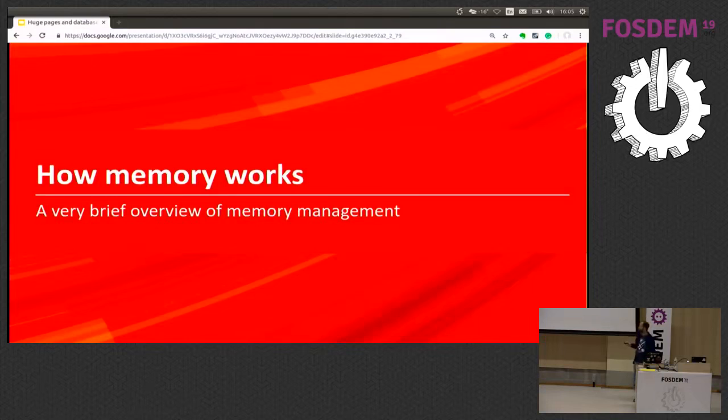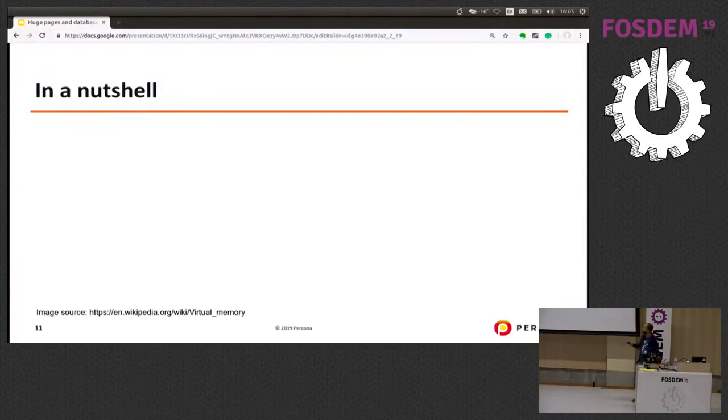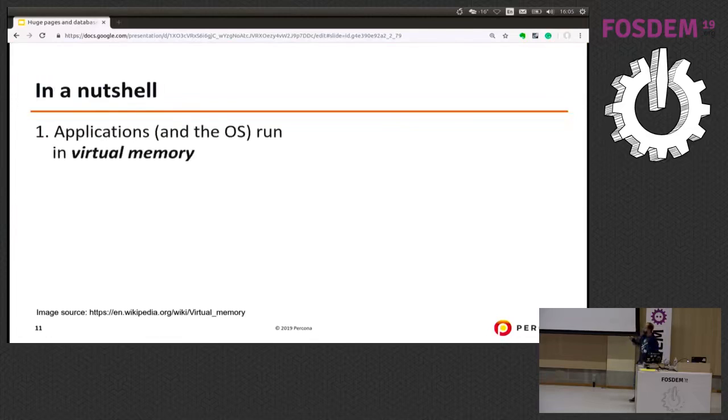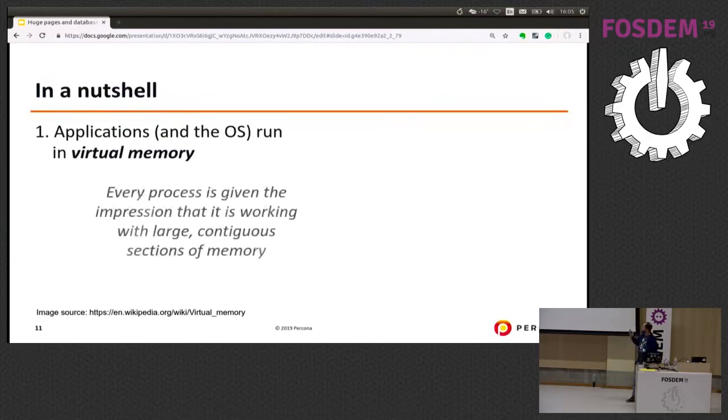Well, having in mind this is a very simplified version of the process, right? So all the applications work with virtual memory. Nowadays, it's always like that, right? So the process that asks for memory has the impression it is working with a certain amount of contiguous memory, even if really we might have blocks of memory from different parts of the physical memory that are allocated to this application,